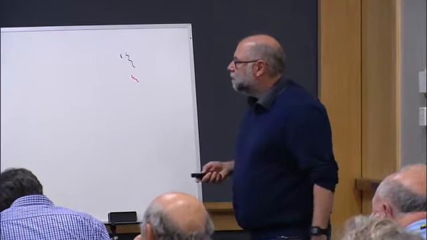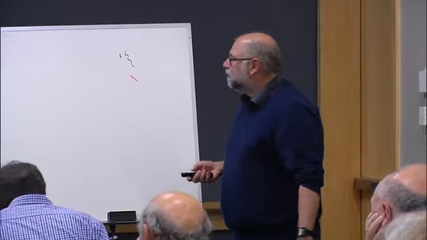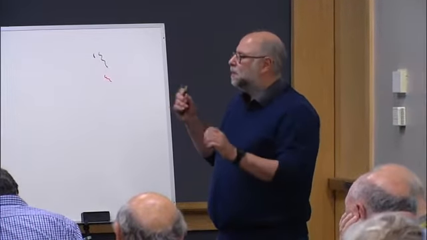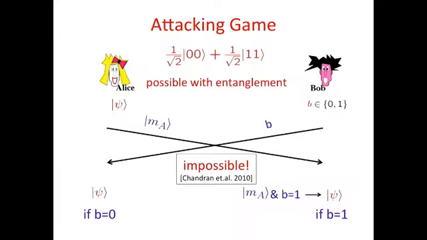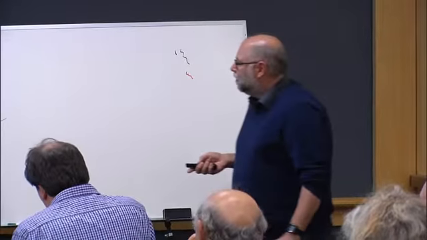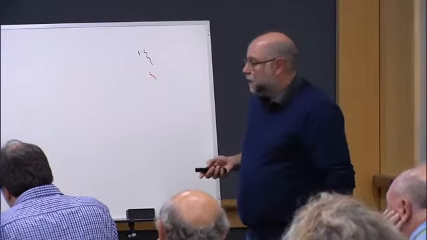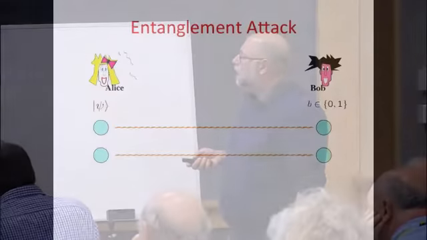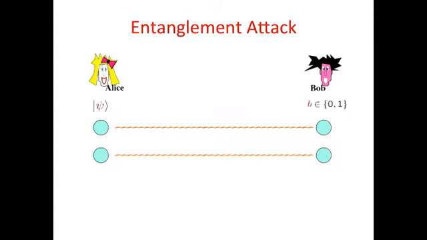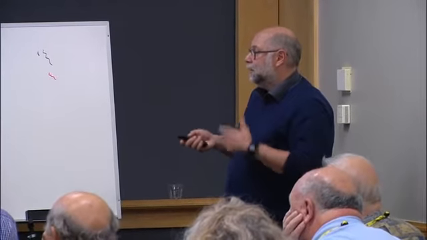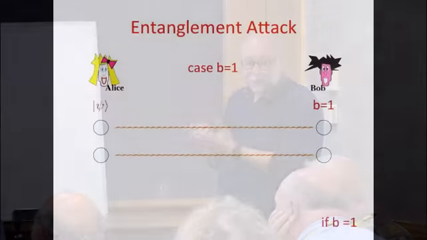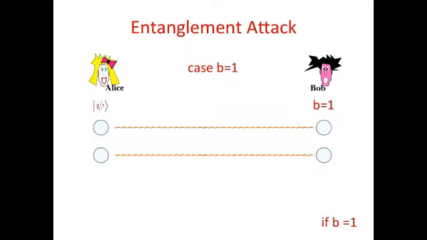But actually, what these people forgot, or well, they thought about it, but they thought it wasn't necessary, was that Alice and Bob actually can share some entanglement. And when they do, then you can actually break this scheme. And here's how you break it. It's kind of cute. So we have Alice who has psi and Bob who has this bit B. And what Alice does is she performs teleportation, so they share these two EPR pairs.